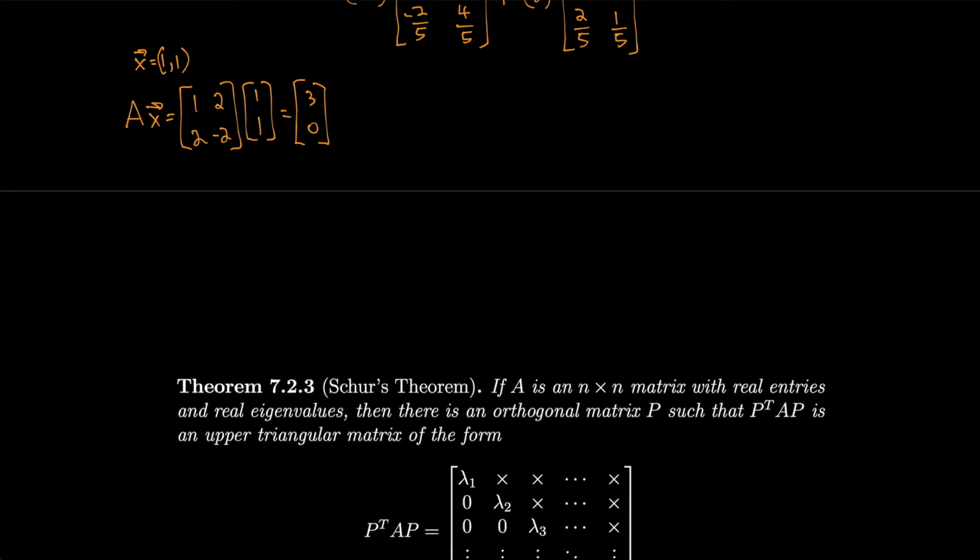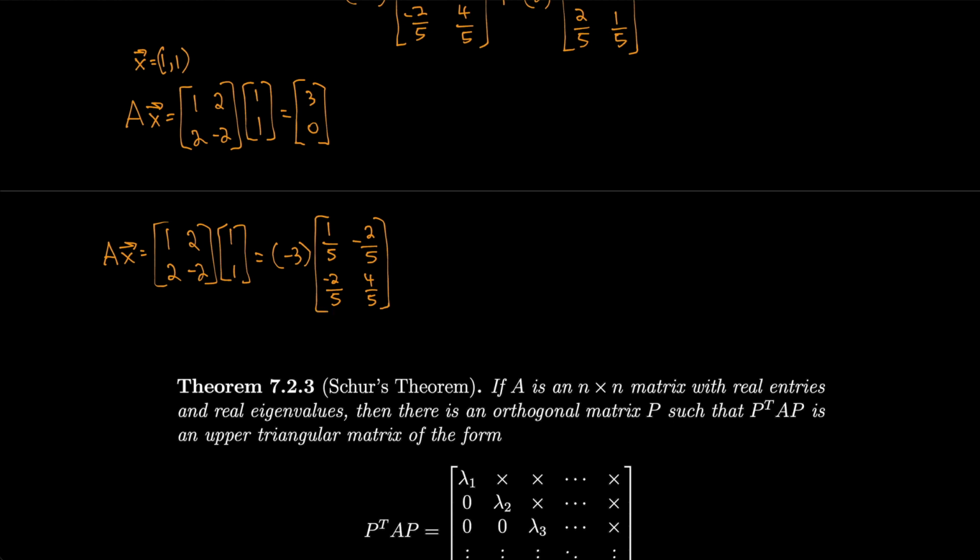However, this spectral decomposition says that we could also view A times x as, again, [1, 2; 2, -2] times (1, 1), but we could then break it down into minus 3 times [1/5, -2/5; -2/5, 4/5] times (1, 1) plus 2 times [4/5, 2/5; 2/5, 1/5] times (1, 1),